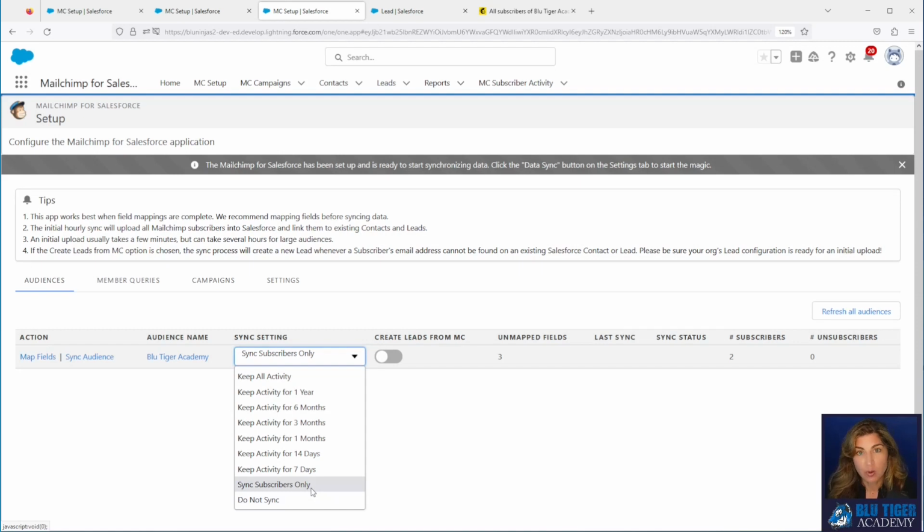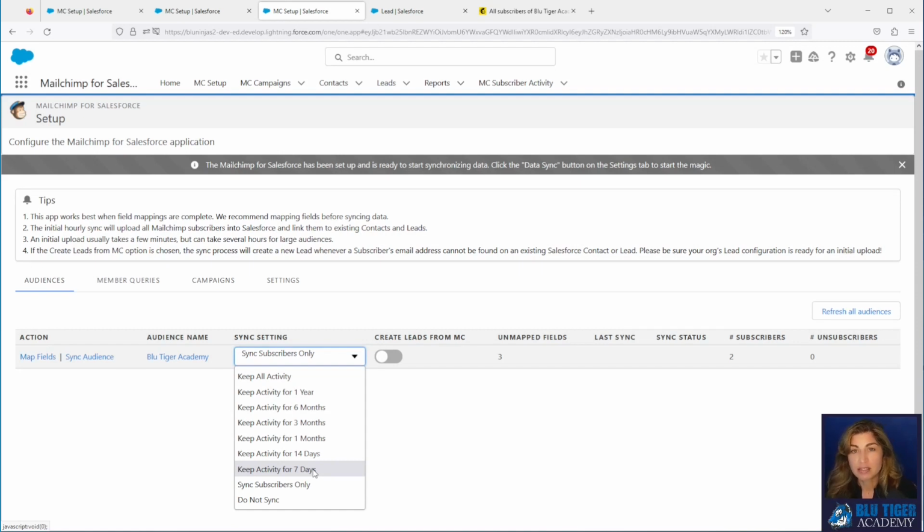Sync subscribers only means you want to sync the people, so you only want to sync the lead and contact data. If you want to keep activity or keep all activity, that means this is all the MC subscriber data or MC subscriber activity that we're going to see. There are two objects that are populated with data in the MailChimp package that we're going to be looking into: MC subscriber activity and MC subscriber.